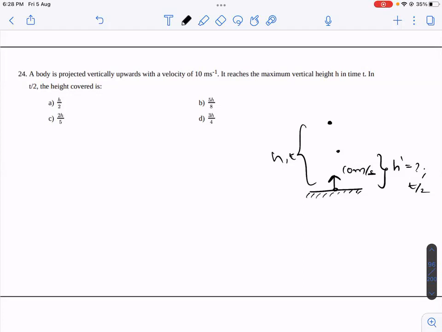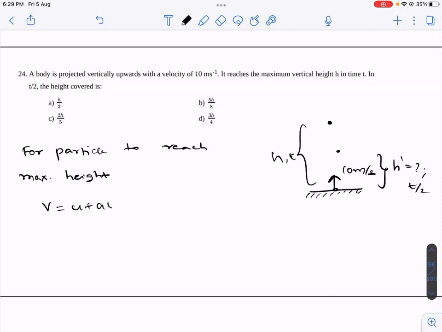So first, let's try to find out what is the t by 2. Okay. So for the particle